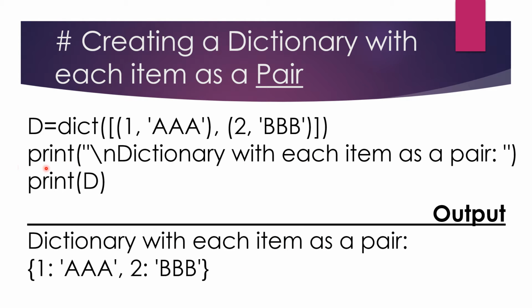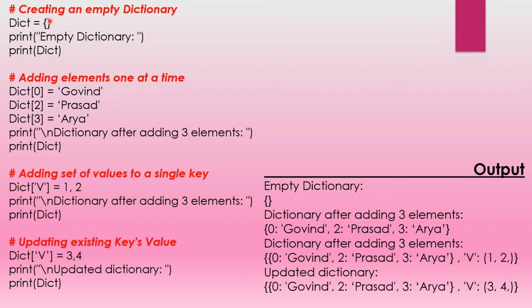item as a pair. Then what will happen, it is written printed. So here actually what happens, whatever is written inside this does not get printed as is, it actually gets printed how it should be. That means while assigning previously, as I have shown you, we have to write a colon between key and value, and a comma between two items, and again here is a key and here is a value, again a colon. So if we declare this like this also, then we will get output as this. So here we will see some programs creating an empty dictionary.